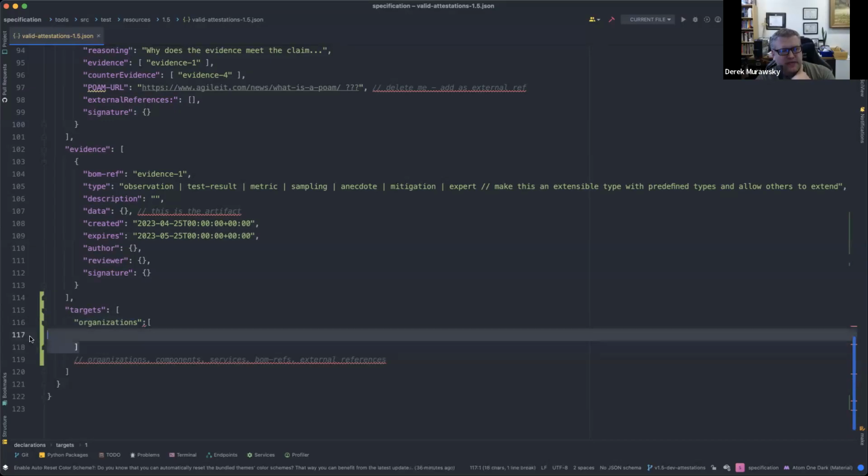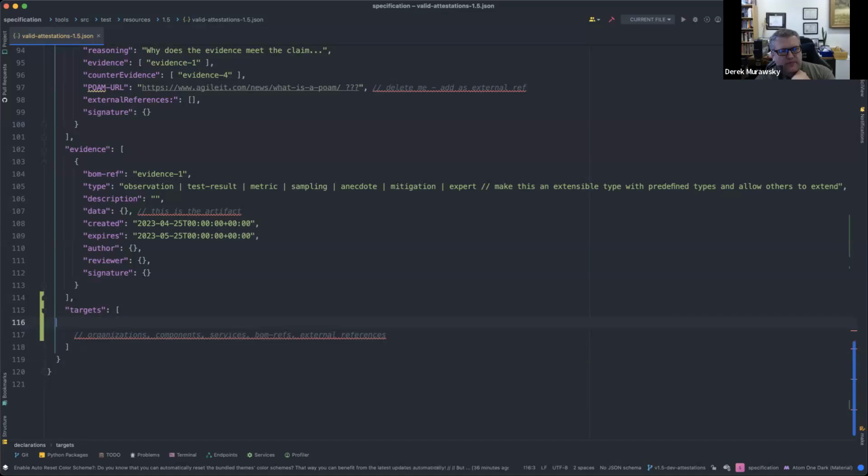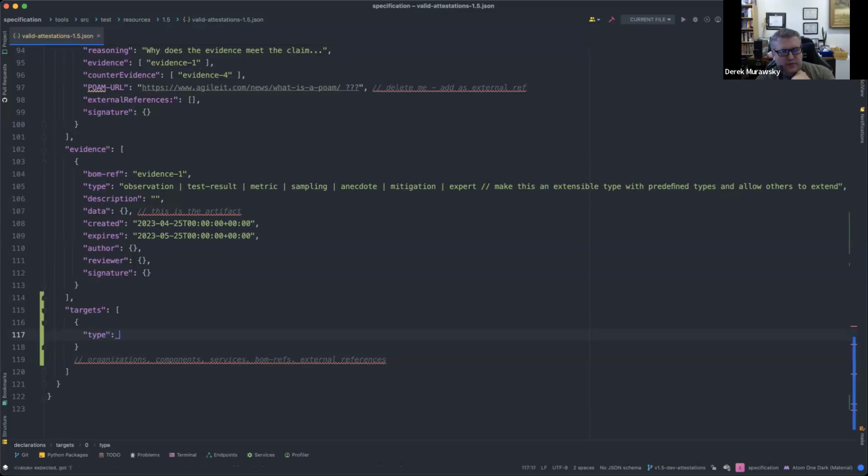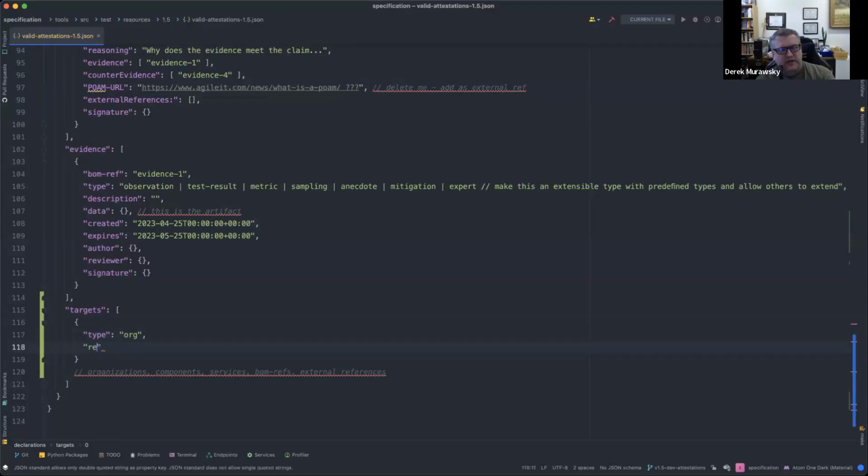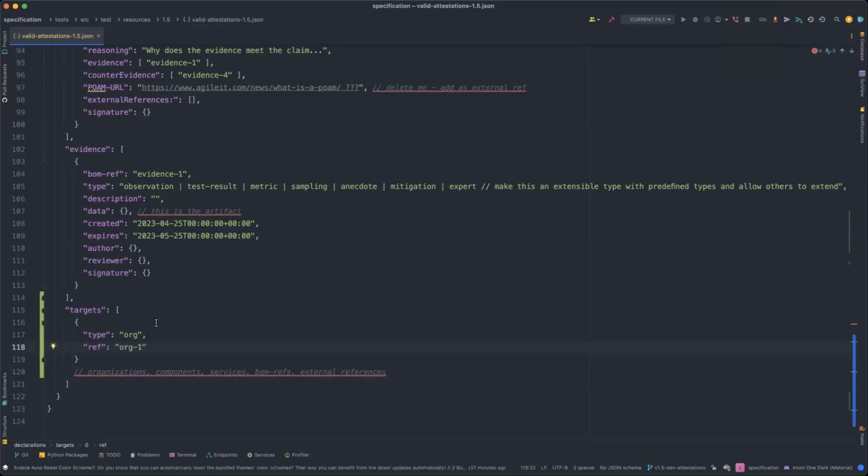So if you start just making an object in there, then we would have type, and type would be whatever those others are, and then we would have ref. Sorry, we would have a bomb ref in here on another line, and then it becomes very clear what we're talking about within the scope of this document, before you follow the pointer.